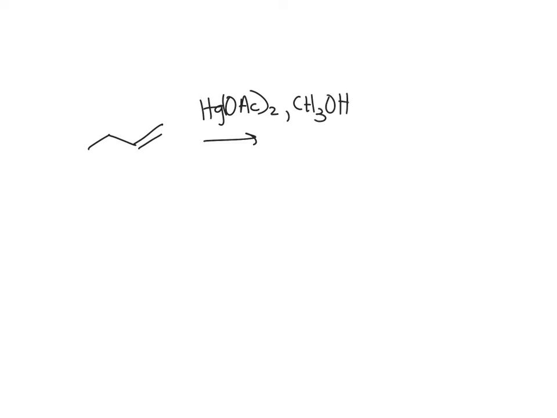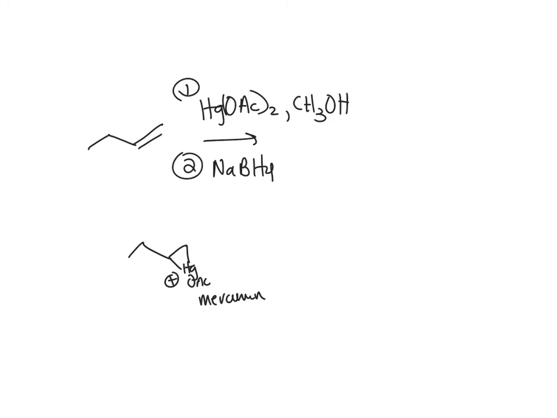So if you put this in alcohol, this is reviewed from Organic 2, and then you treat this with sodium borohydride next, you will get your mercury acetate mercurinium ion, and then your methanol here will be your nucleophile, and it will attack from the more substituted carbon,